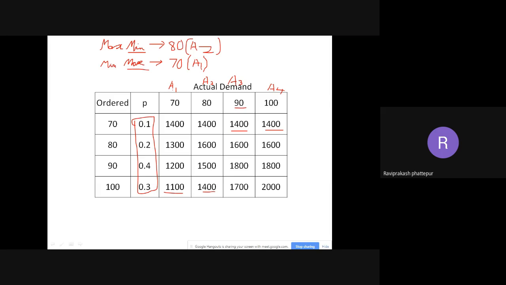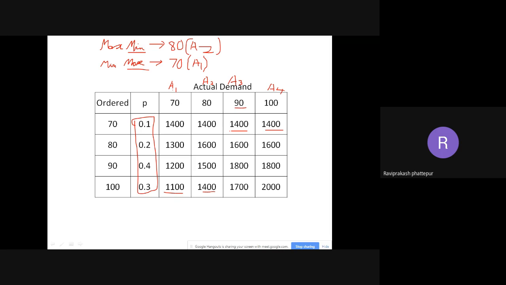Okay, fine. I'll explain once again. Maximin is the first value, right? I have told you to go from left to right. First find the minimum, then the maximum out of that minimum. Check here. These are alternatives A1, A2, A3, A4. What is the minimum value in this? Here I am having 1100. A2, I am having 1400, but in two places. Next, A3 again 1400, A4 is 1400. So there are many 1400s and the maximum is 1400 only.